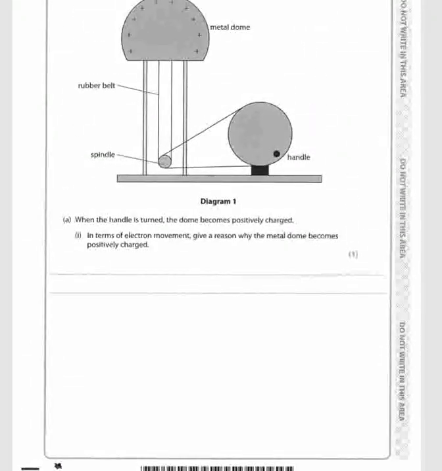Okay, here we go. Now we are back to this question. Now we have static electricity. Now remember static electricity, how can we do this? The question here says this one is positively charged. Once the handle is turned on, it becomes positive. So if it becomes positive, what's happening to the electrons? Now remember, only